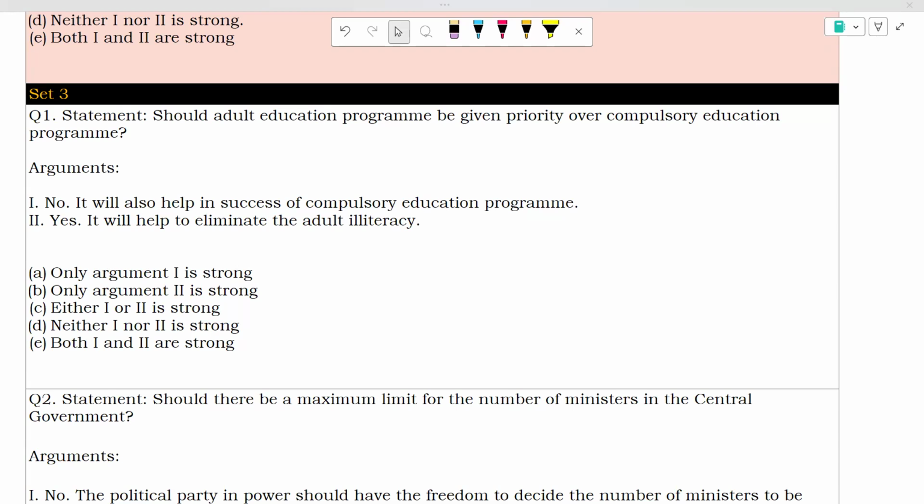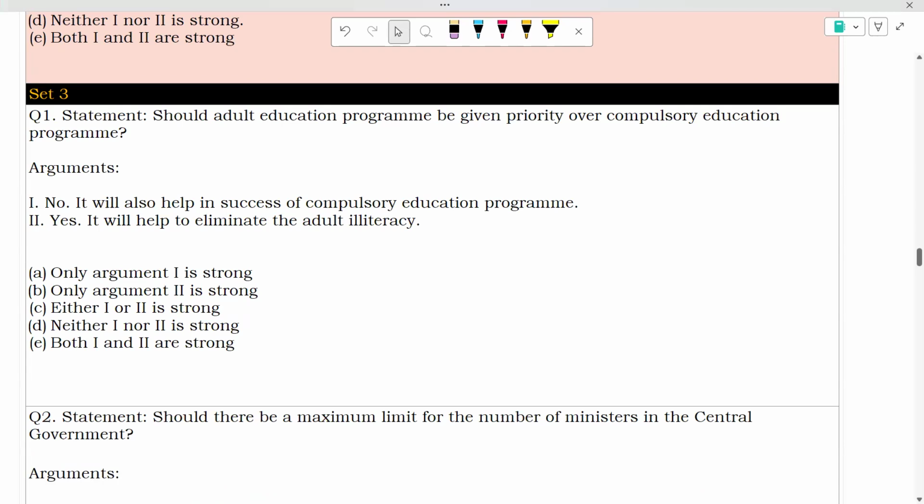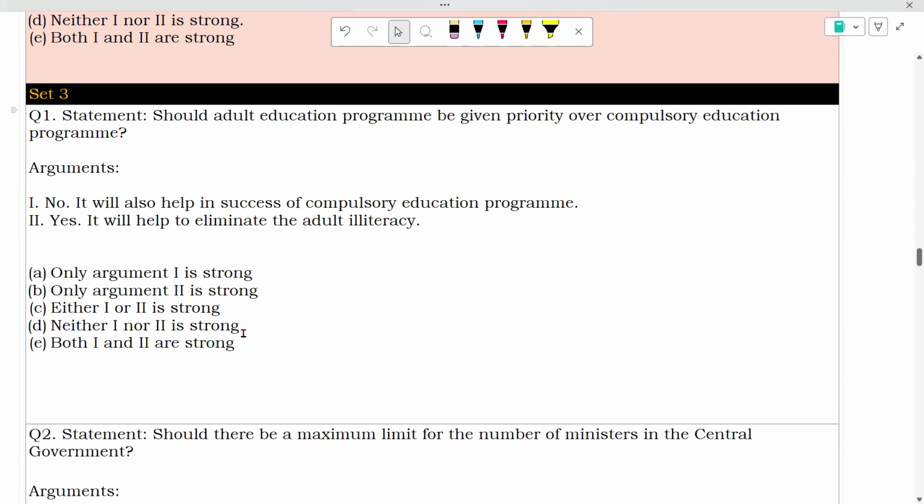Otherwise, if you do not keep this in mind, such questions are quite doable, but at times they might be difficult also, because in CUT you can't say the level of questions which are there. Some of them are very easy, and some of them, by the way, are difficult also. Okay. So the first sentence says,